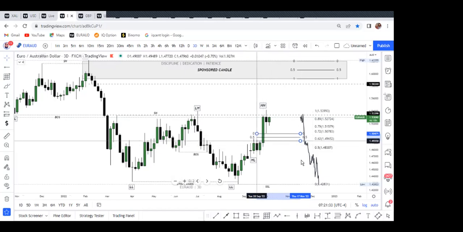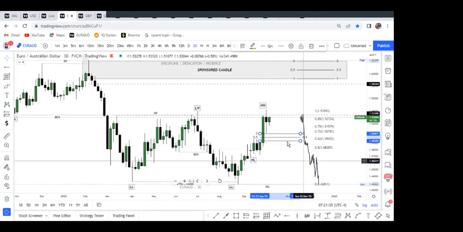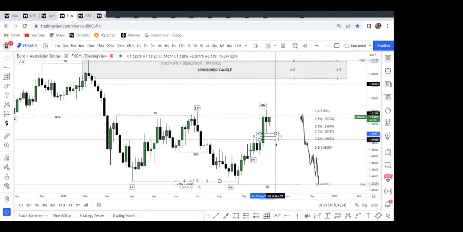Mark out my fair value gap and see what price does inside that zone. I'll just see what price does inside this zone next week. If I see a good reaction inside this fair value gap, on the 50% or on the few, you buy it up. Now on the 3-day for the past Thursday, which is today, Wednesday and Tuesday, price has been buying. Where is it targeting? This high.